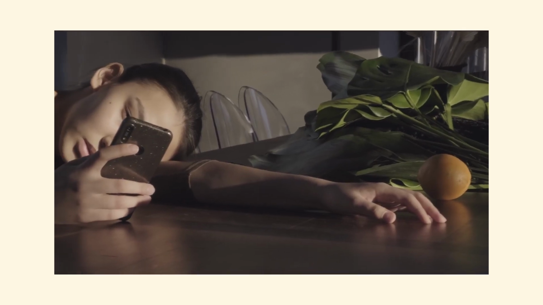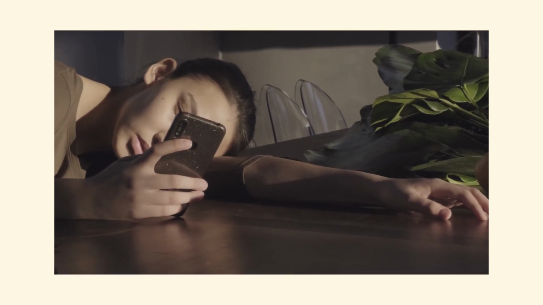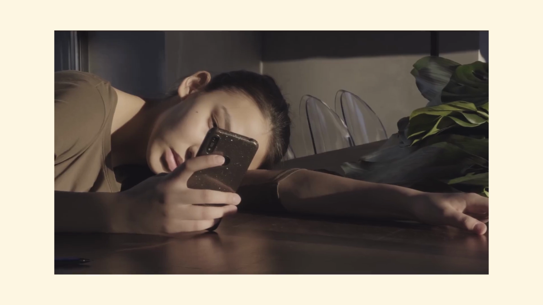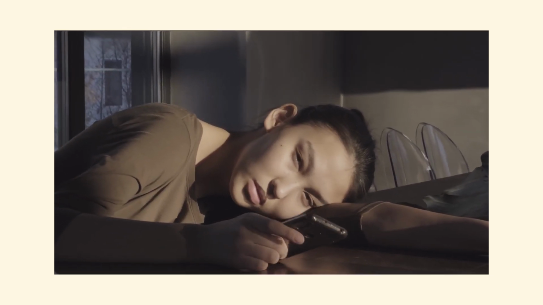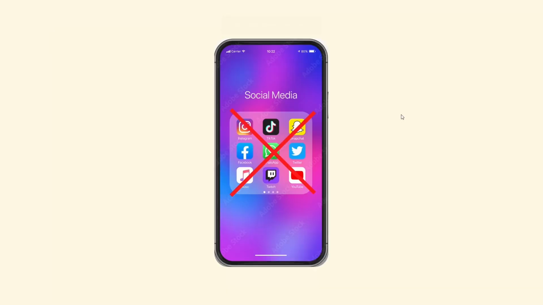So for the past few days, I've been slacking a lot for no reason. I was on my phone for hours, killing time meaninglessly scrolling through brain rot content, and at some point it had to stop. So what I did is I removed all the apps from my phone that took the majority of my time. It was fine for a while, but eventually I moved on to the next best thing, which was